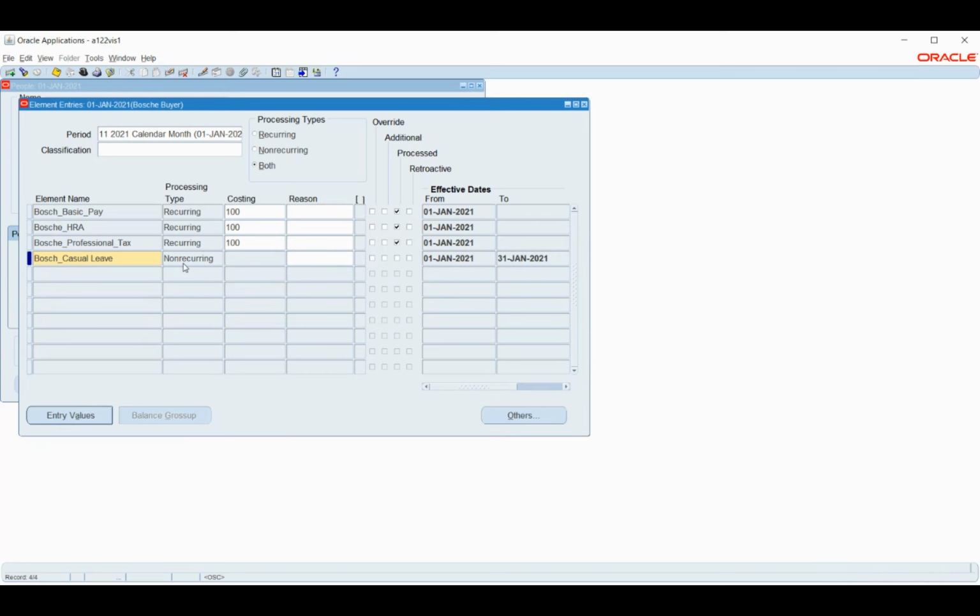Those things we will see separately. So even though it has a financial impact, the initial days that we are capturing are only an information. Also, the leave which we are attaching is not on the basis of recurring, it is always non-recurring. That's why we created this as non-recurring, with information as from date and to date. Okay.